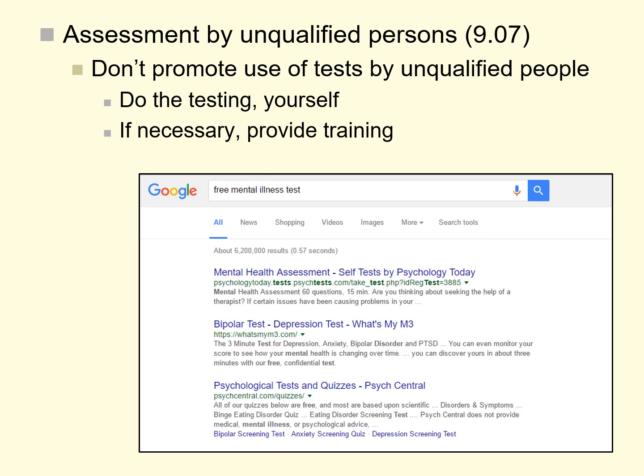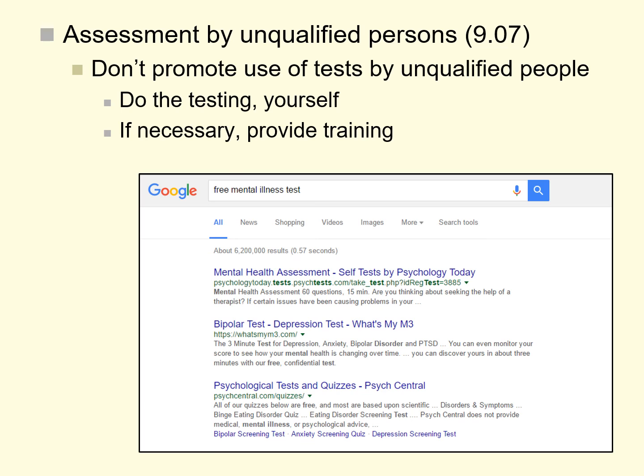We shouldn't encourage or set up our own websites to offer free personality testing or free mindfulness testing or whatever else. We should also, in our own clinical practice, be very hesitant to have other people do the testing for us. Sometimes in busy clinical settings, it may be very tempting to hire someone to administer tests and then have you, the psychologist, merely interpret the results. There are trained professionals who do this.